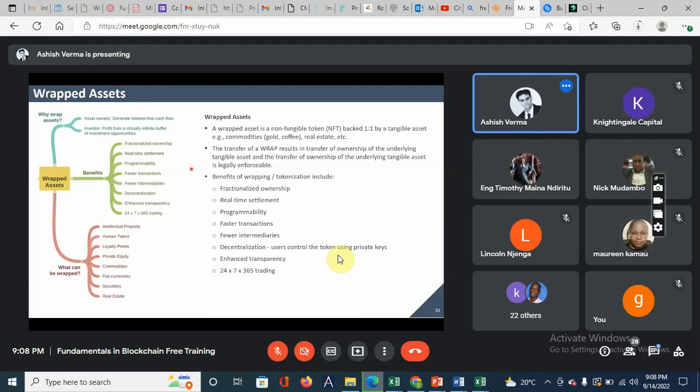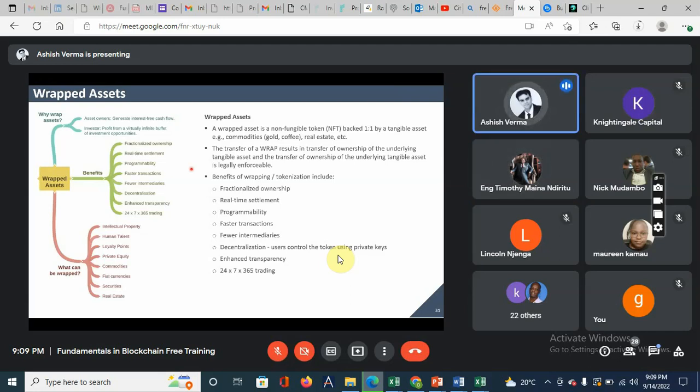Maybe I can chip in, Ashish. From what I understand, the consensus bit is because blockchain is a distributed ledger kind of system, so we want all the nodes to have the same copy. Like, Timothy has sent Maureen $1,000, and we want that to be recorded. Since blockchain is immutable, we want all the nodes to have a copy that Timothy transferred this amount, and even 2, 3, 5 years down the line, you can still trace the $1,000 sent to Maureen and where it came from. If I'm not very wrong.